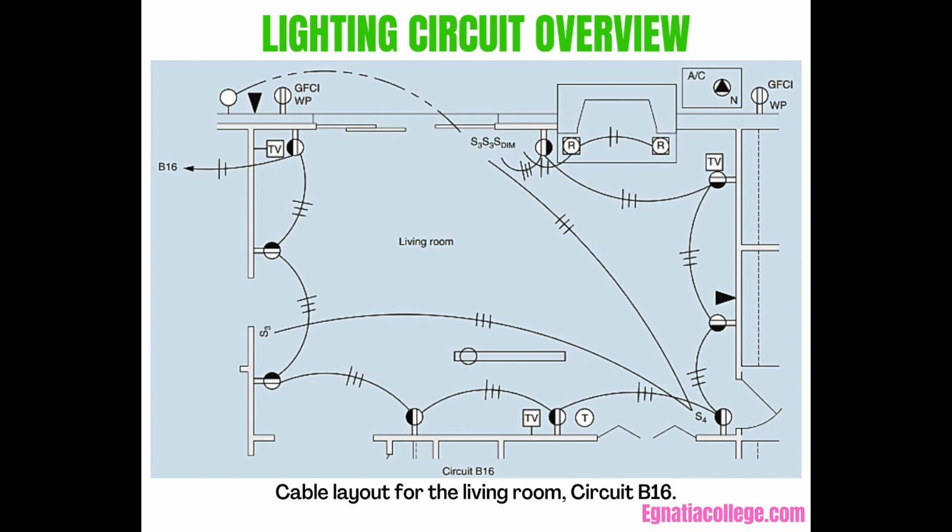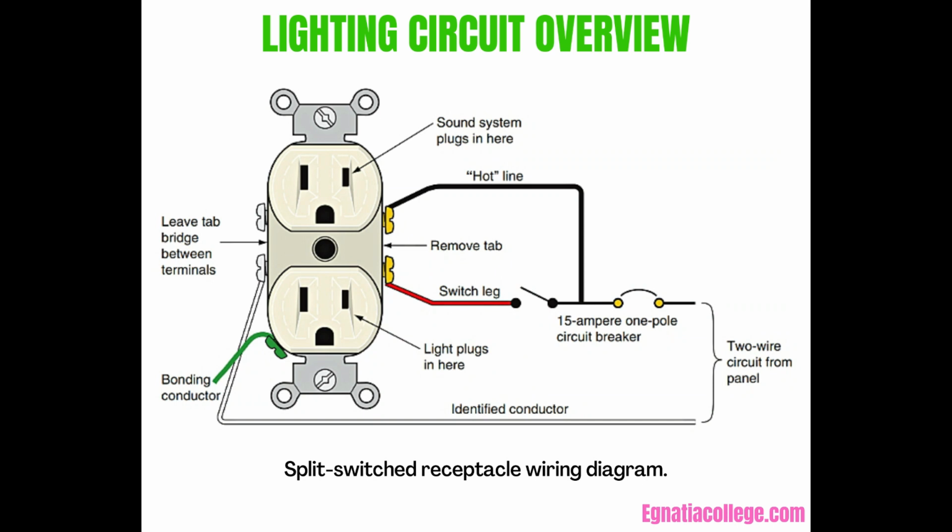Since these receptacles will provide most of the general lighting for the living room through floor and table lamps, it is a good idea to have some of these lamps controlled by the 3 switches: 2 3-way switches and 1 4-way switch. Only 1/2 of each receptacle is switched, Rule 26-720, K. The receptacle below the 4-way switch is required because the wall space is more than 900 mm wide,